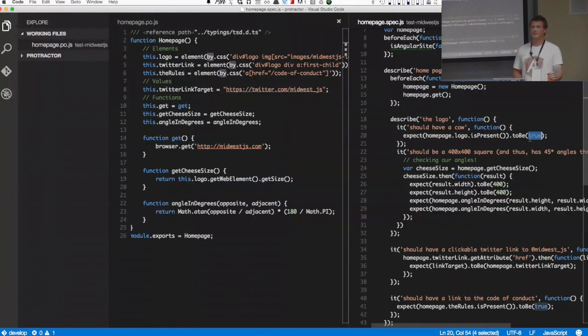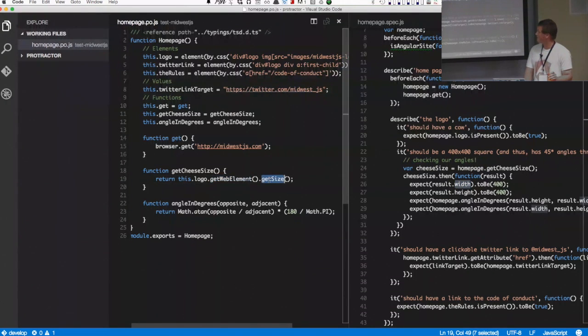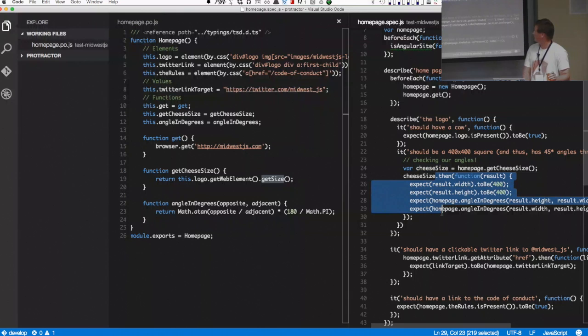So in simple examples, you might not see a lot of actual handling of the promises that are getting returned. But when you want to start to do something with the resolution of that promise, like for example, I want the height and width of this web element's size so I can run tests on it, I can't expect on that stuff without resolving that promise first. So I have to wrap my expectations in a then block. Does that make sense to everyone? There's a great resource on this. I have a link to it later in the slide, but it explains kind of how this queue that Protractor puts together